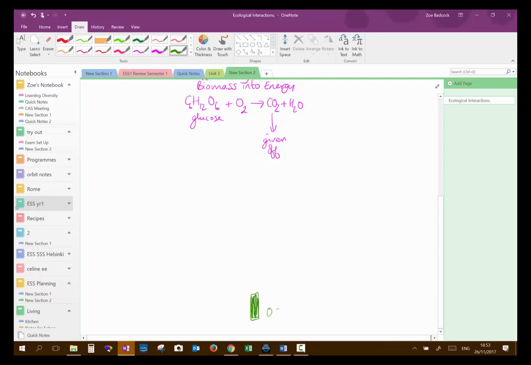So we've got this oak tree here on our first trophic level, and we can represent the number of caterpillars that are enormous, that feed on